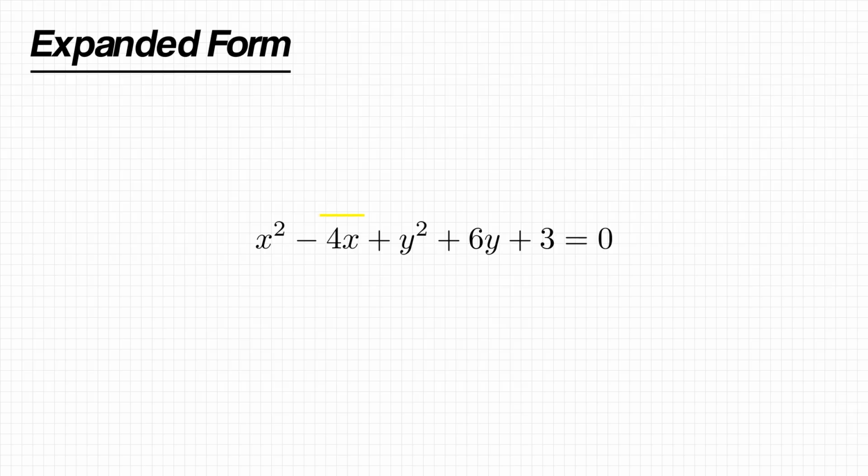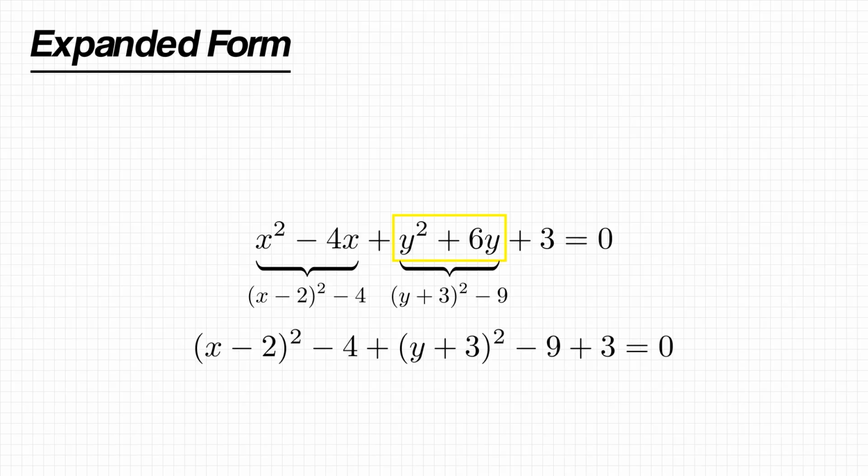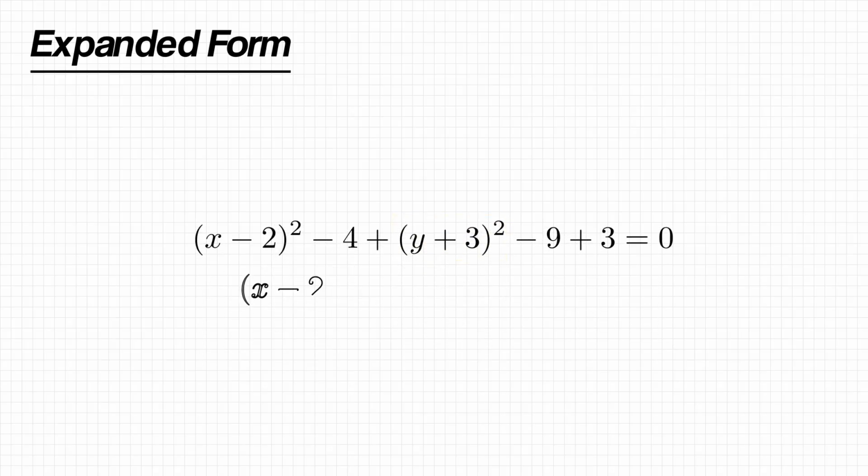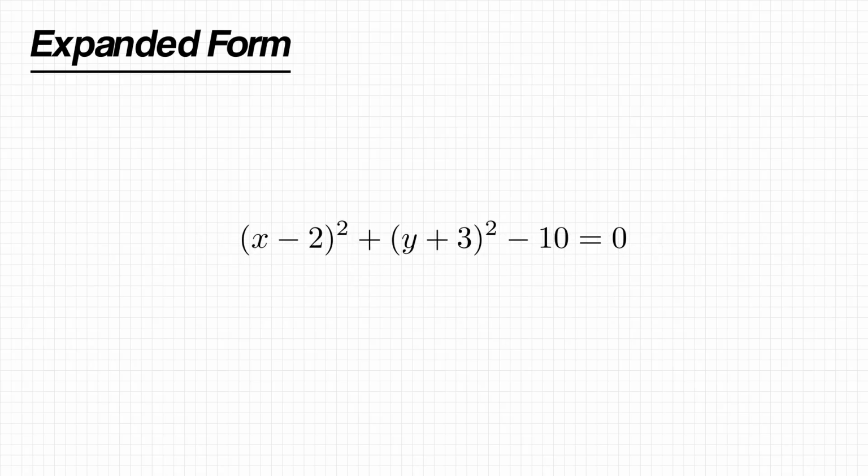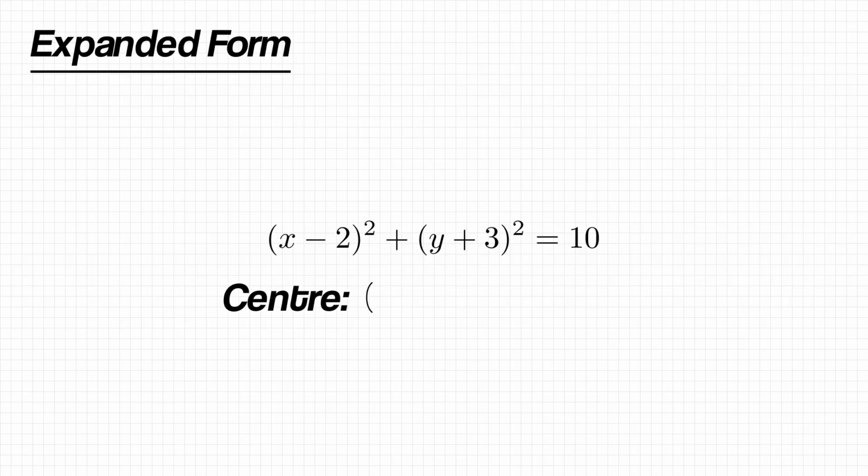Now, let's look at the x terms and complete the square. Next, let's look at the y terms and complete the square. Now let's substitute these new forms for the x and y terms into our equation. Next, we collect all the constant terms. Lastly, let's add 10 to both sides, and we get the standard form for a circle we saw earlier. Now we can see this is a circle with center (2, minus 3) and a radius equal to the square